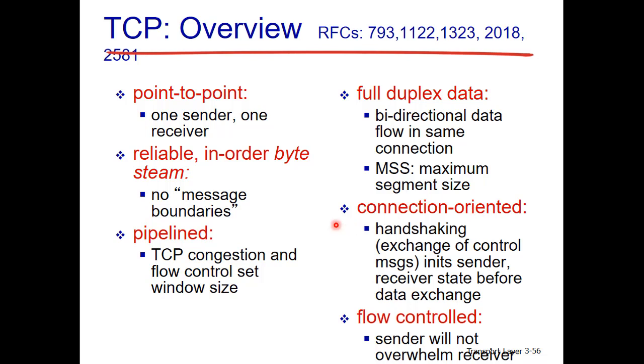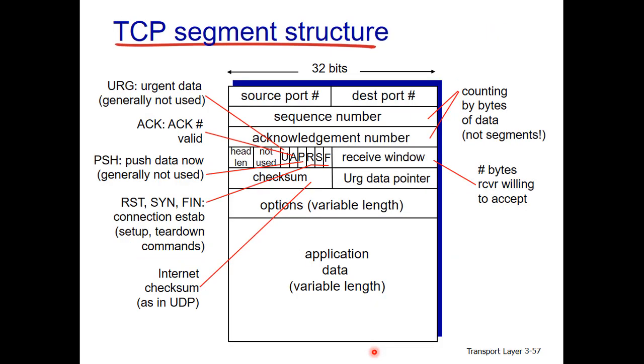It's a connection-oriented protocol. There's handshaking between sender and receiver. We already discussed that, and we've already seen that in many different places. It has flow control. A sender won't overwhelm the receiver. The sender is sending data to the receiver, but it will not blast the receiver. Okay? It is sending data, but it will not overflow the receiver's buffers. We will talk about this too in this lecture.